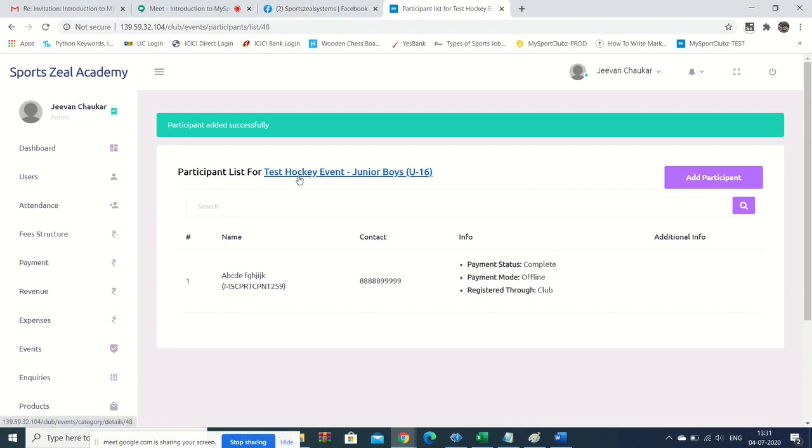If there are 10 hockey teams, then adding 110 players for 10 hockey teams is of no use. So you can only make one person responsible, and that person can settle the payments with you. The captain or coach of that team should settle it with you. Okay, that is how you can use it.